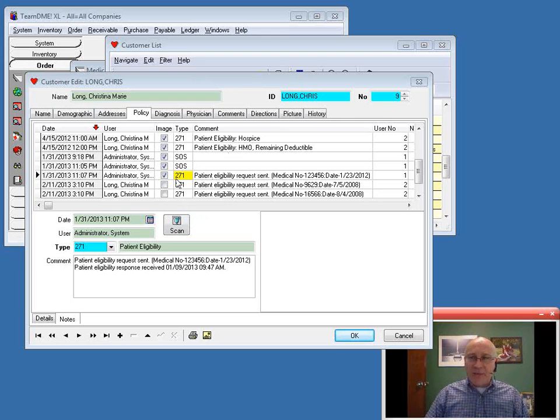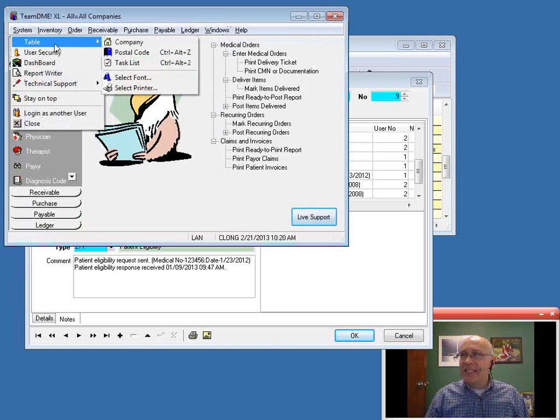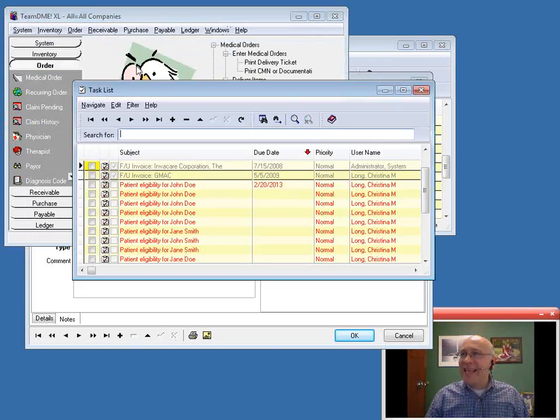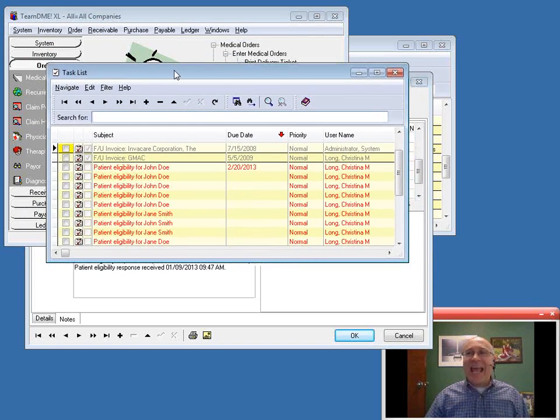So we don't want to have to wade through hundreds of eligibility checks. Well, what we do there, let me just pop up the task list. As we get that information back, we will automatically create a task for you if we see a problem. Now, what might be presented as a problem? Well, if you look at the